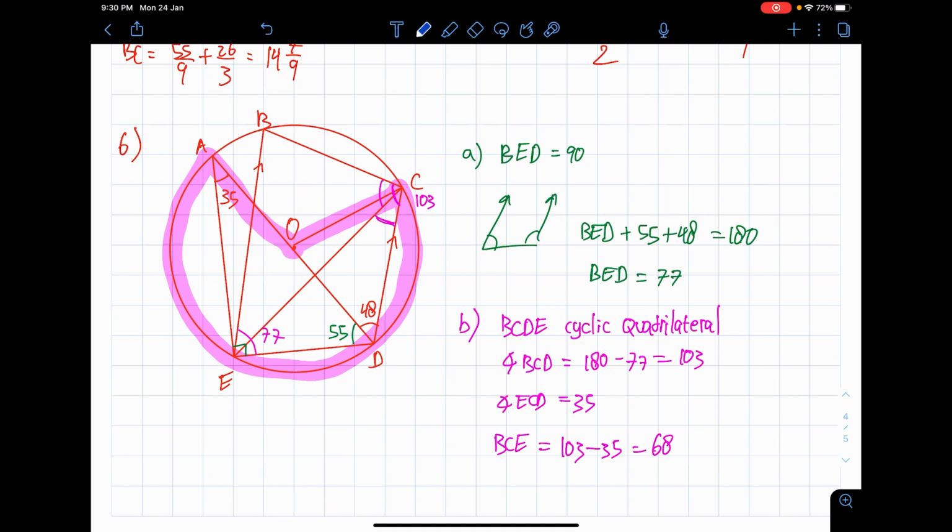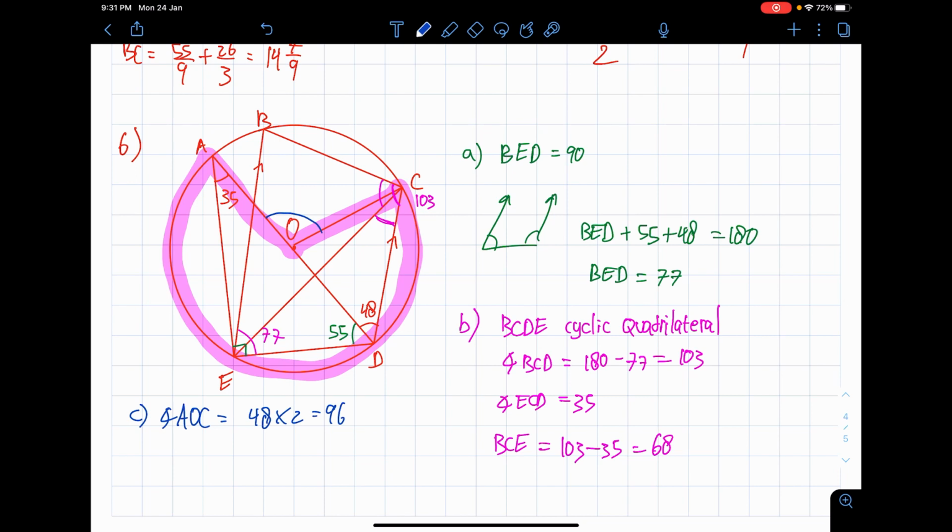I need to find out the angle of AOC. Now the angle AOC is very simple. It's actually 48 multiplied by 2. Alright, and what is that? So, this is the minor AOC, by the way. This is actually the angle in the center is twice the angle in the perimeter. Take a look that ADC is the angle in the perimeter, and AOC is the angle in the center. That's why I just times it by 2.